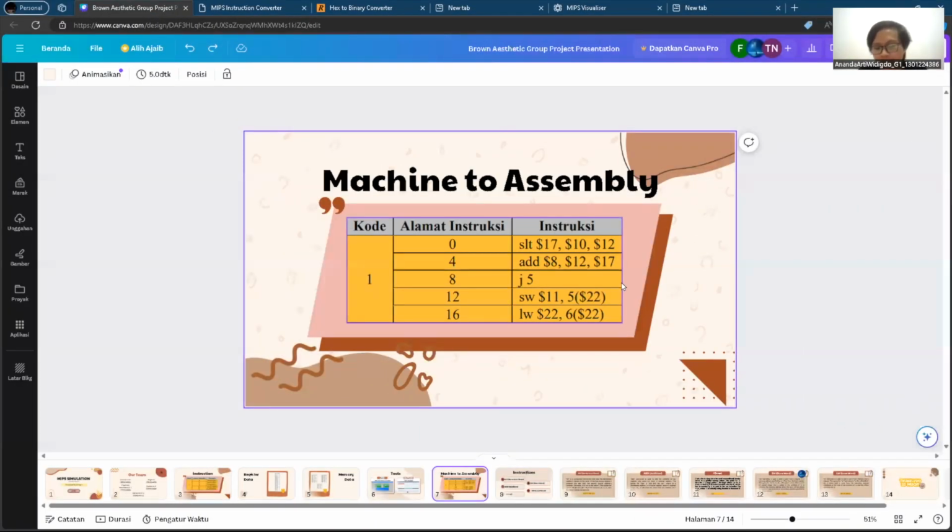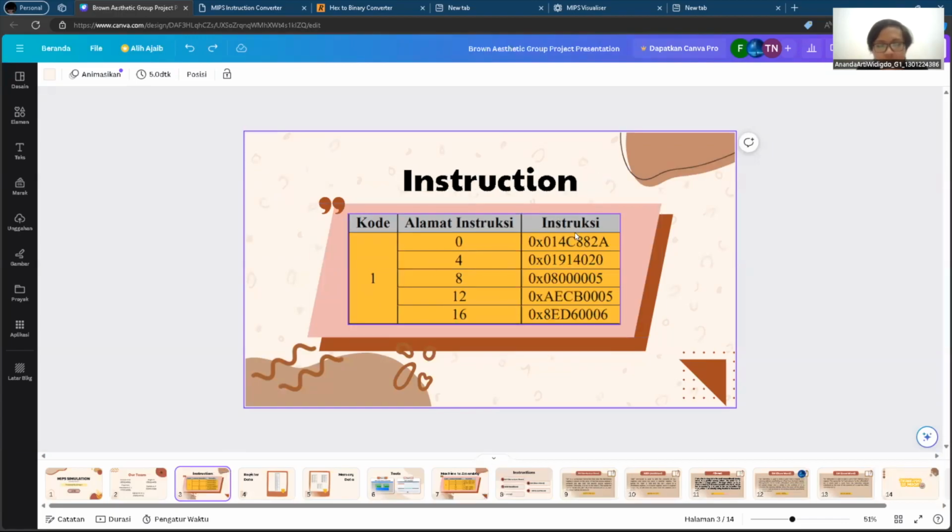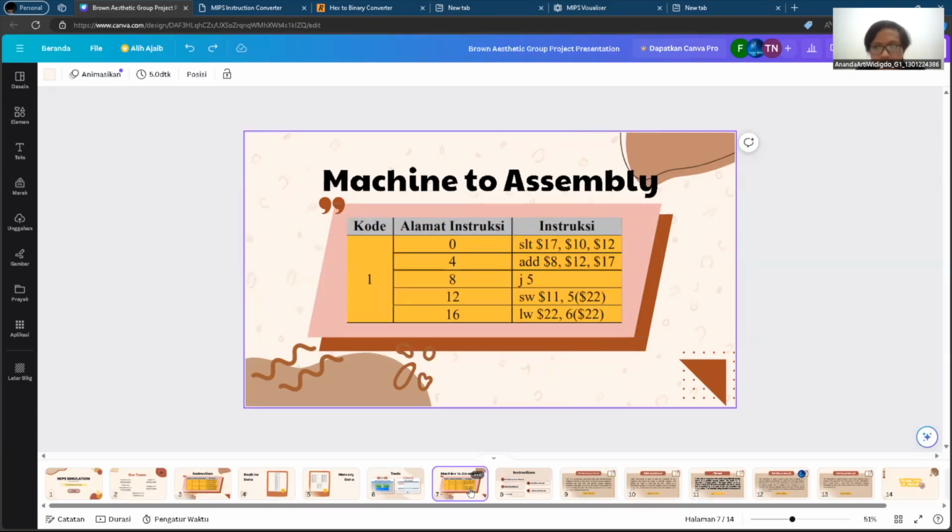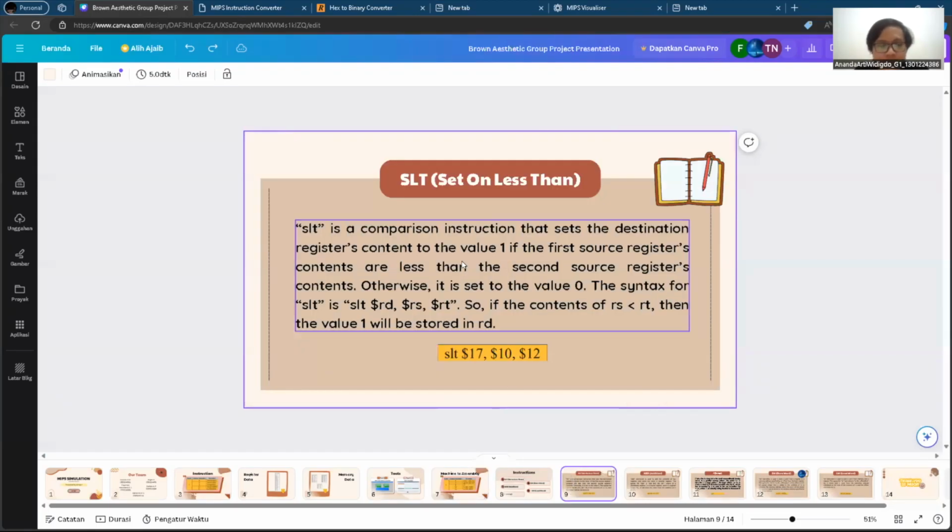Okay, so yeah, that is how you can convert from the machine language code to assembly language code. And before moving to the explanation of this SLT instruction, I want you guys to know what SLT is in MIPS.